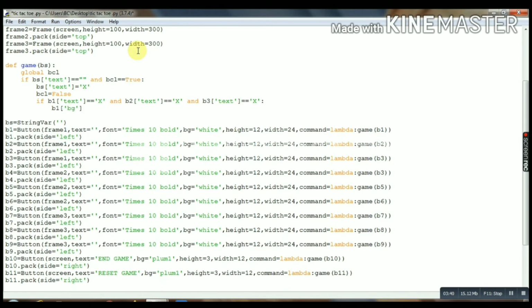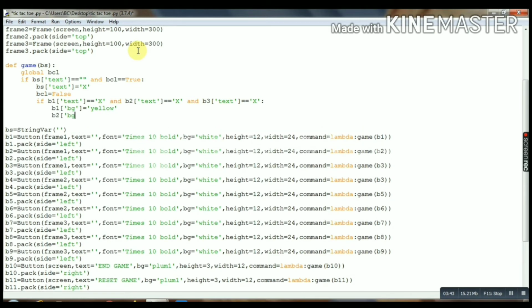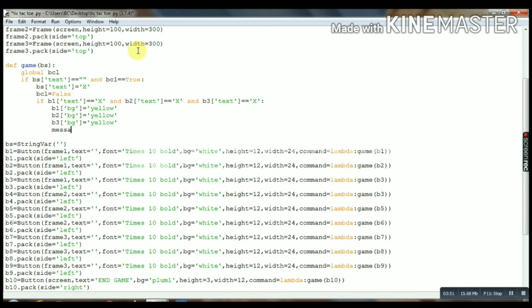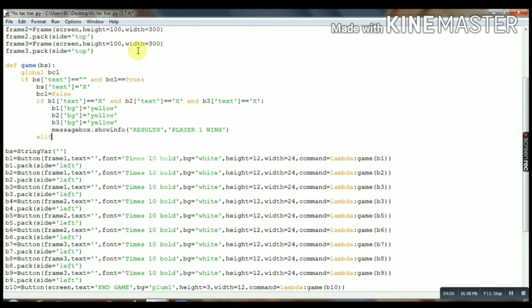Okay, if a row is complete with X, then we will change their background so that they look different. Okay, B3 background also yellow, and after that we will display a message that result: player 1 wins. Okay, same for O also.